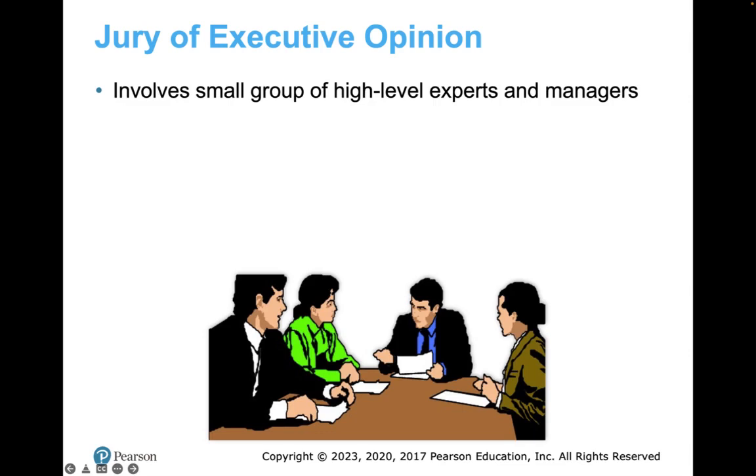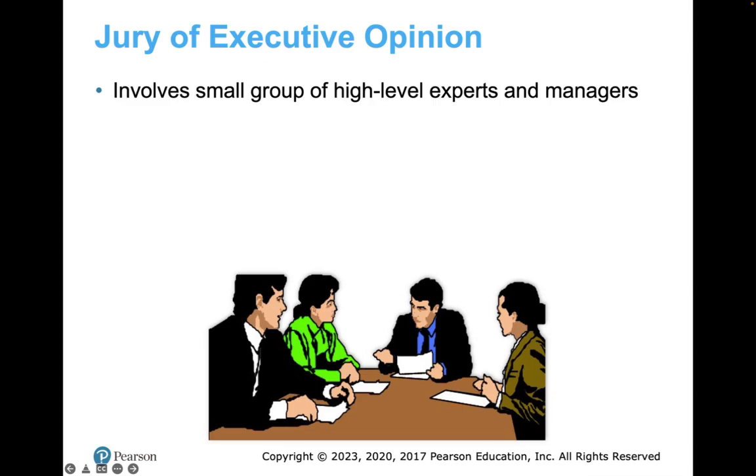Now, the best way to think of this type of qualitative method is just imagine a manager meeting or executive meeting where you have your department heads and they're all sitting around, say in a hotel, and those are considered your high-level experts. They're your managers. And basically what they're going to do is decide, what do you think is going to happen next week? Are we going to have a busy operation? Do you think this group is going to do a lot of business in the lounge?